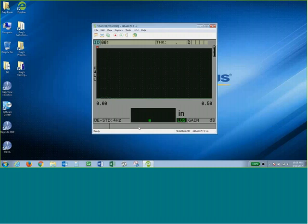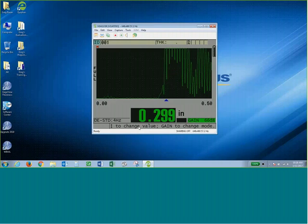So now if I couple on that 300 thousandths and I press the gain key, I can go all the way down to 40 dB and the signal is unchanged. That's the lowest gain setting I can go for this transducer. Still reading 299. I can increase that gain all the way to 75 dB, right? And I'm getting the same reading. So that's a 35 dB dynamic gain range,